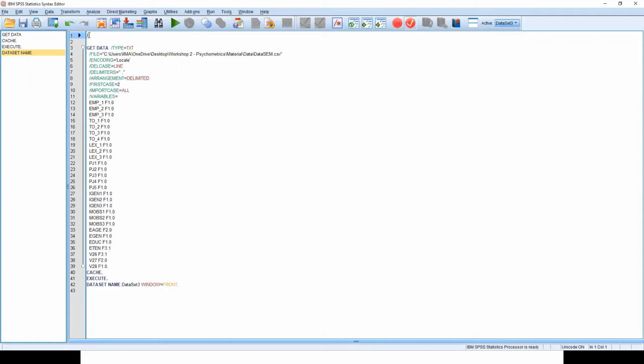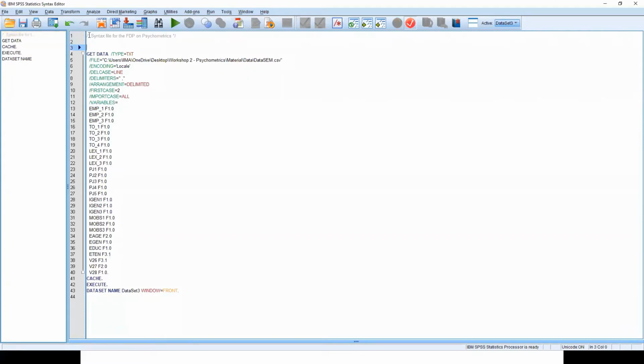So I will write a comment. I will say that this is the syntax file for the FDT on psychometrics, right? What is this command doing?